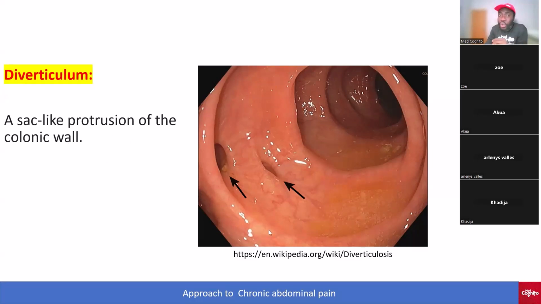So this is the colon, okay? This is the wall of the colon. This is what we call a diverticulum. It is like that sac, which is within the wall of the colon. Okay, now,